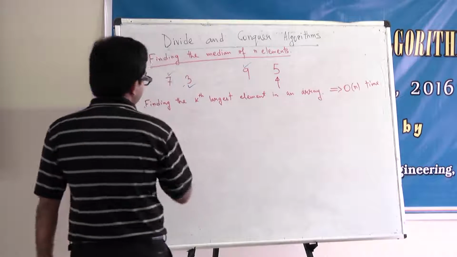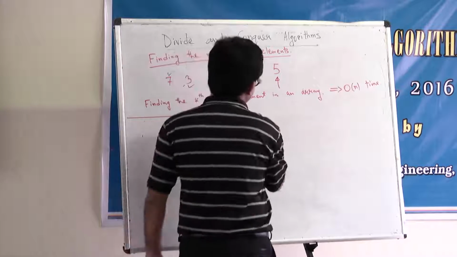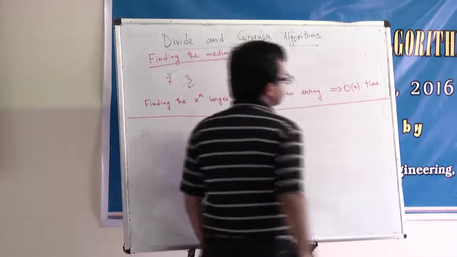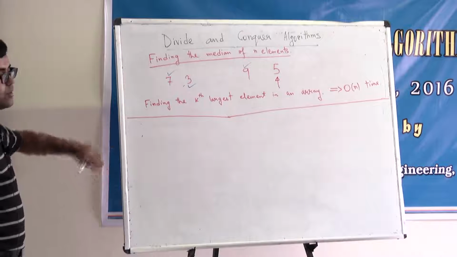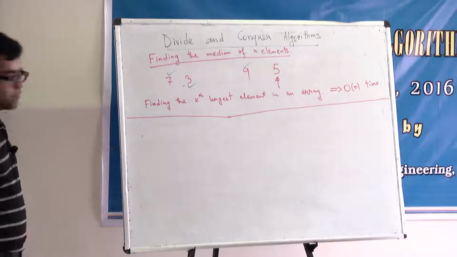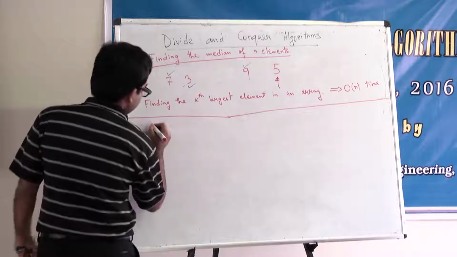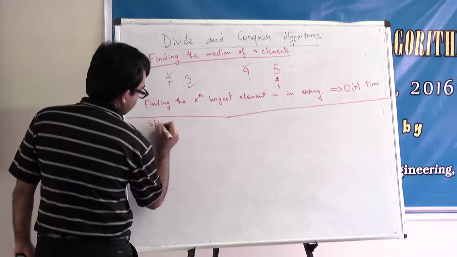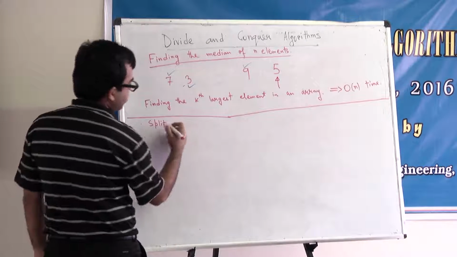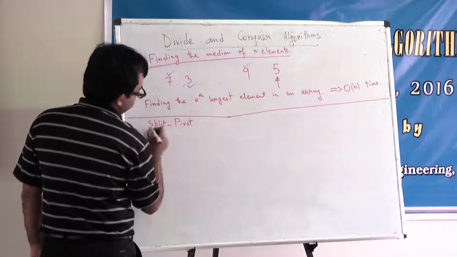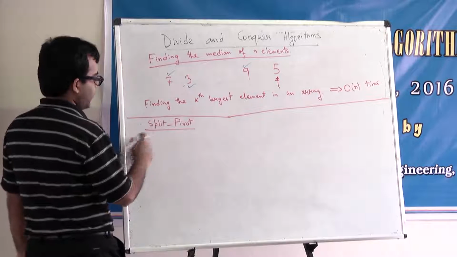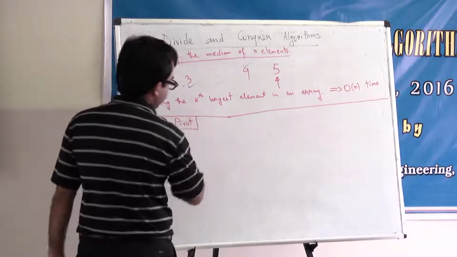So to solve this, I'll first consider a specific subroutine. And we will come back later on to see why this subroutine is helpful. So for the time being, just consider this to be a separate subproblem, okay? And I am calling it a split pivot for some arbitrary reason. You can just call it something else.